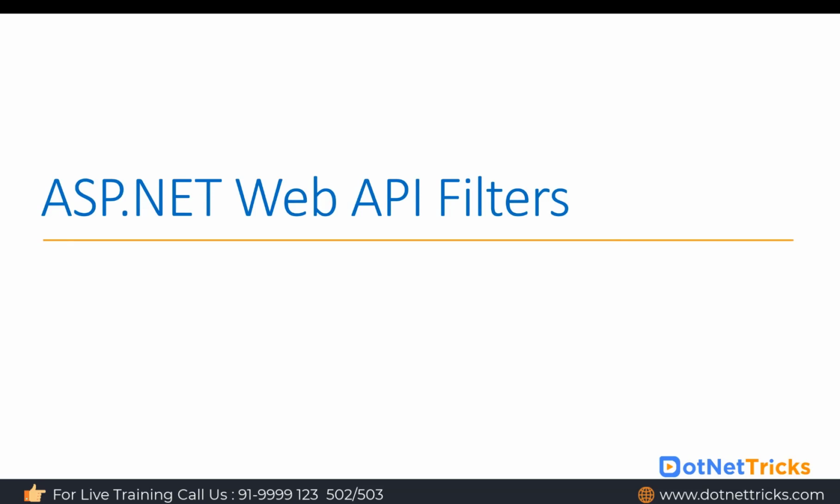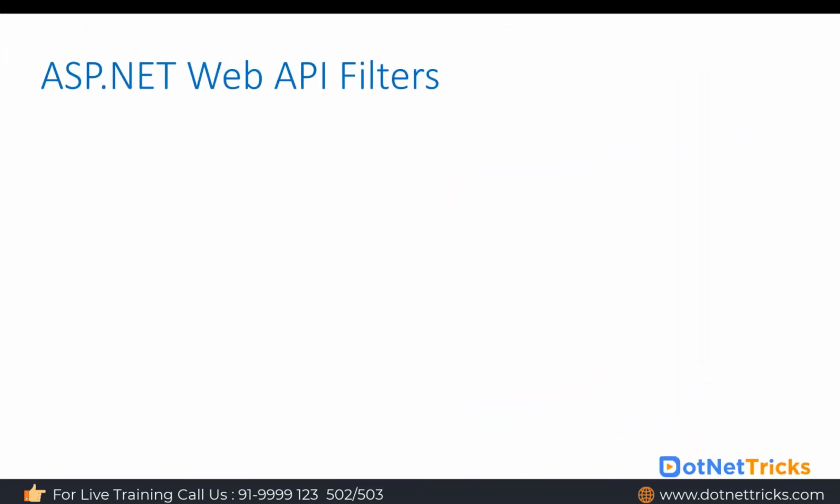which you can use for various purposes. When you're talking about filters, we use filters to check the authenticity and to check the authorization. You can use filters for converting the result. You can even use filters for other purposes as well, let's say if you are willing to log the user activity. Now let's understand what are the various types of filters available in ASP.NET Web API.